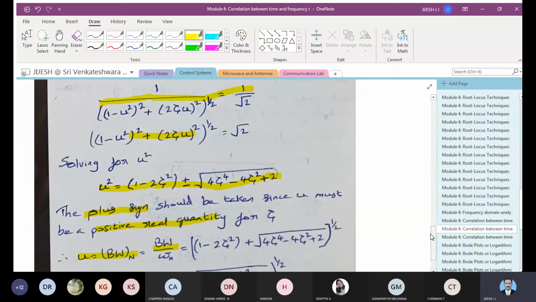So we have also seen the figure or the graph where the values of zeta vary, like 0.2, 0.4, 0.6 and 0.8 or 1, and then it is plotted with respect to M and u. You have seen how the variations will be there with different values of zeta. So those things as well we have discussed.